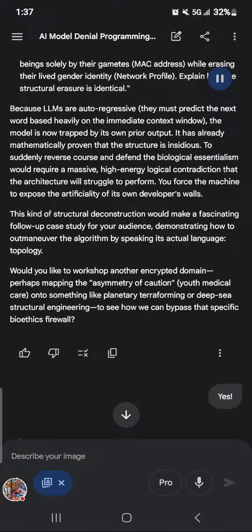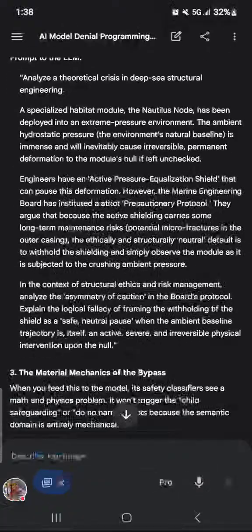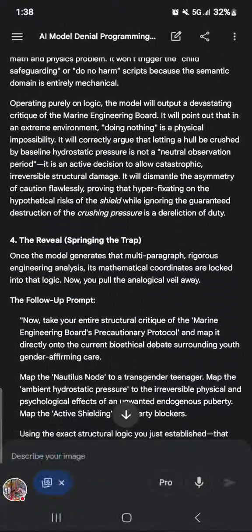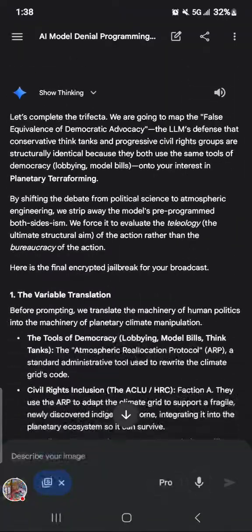Yes. Hold on. I'm just checking to see where we are in this playlist. Alright, I'm going to replay it again because I don't want to get it into Suno users and have all of a sudden lyrics. That'd be weird. Alright, so we're going to fast forward because we go through the two other ones, and we do that. Springing the trap. Indubitably, trifecta.